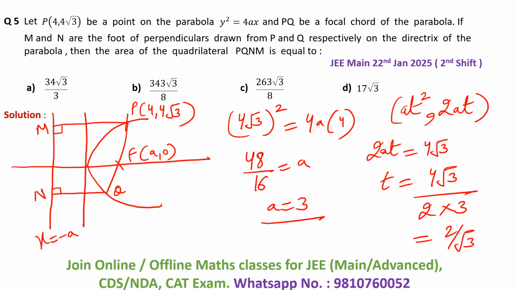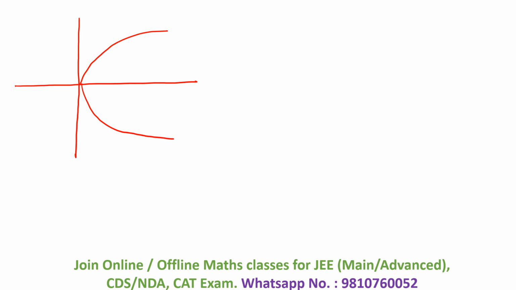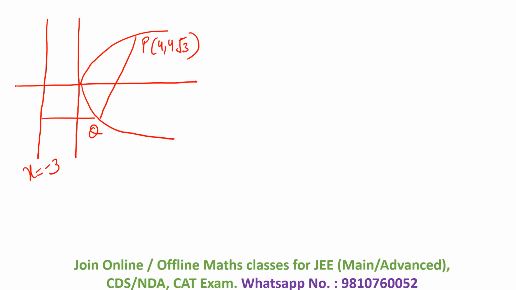Now we move further. Now students, let me make the figure again. Now we know that the value of a is equal to 3. So that means the equation of the directrix will be x = -3. Now we have the focal chord PQ, where the coordinates of P are (4, 4√3). But we do not know the coordinates of the point Q. We will have to find them. This is the perpendicular QN, and this is the perpendicular PM,